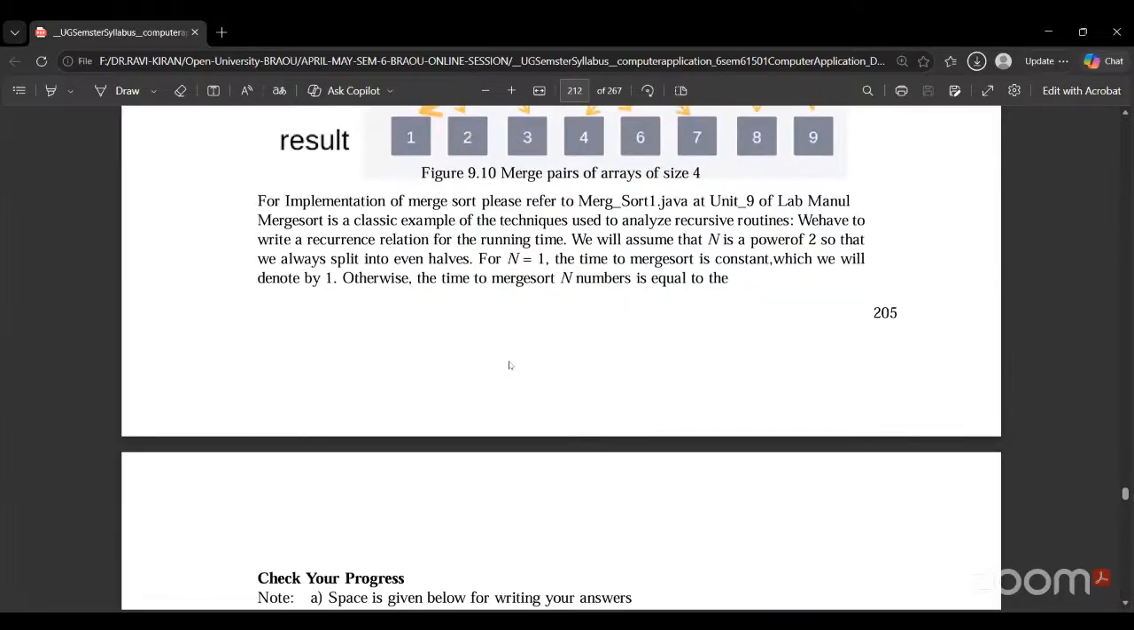So for the implementation of merge sort, merge sort is a classic example of the technique used to analyze recursive routines. You have a recurrence relation for the running time, and we will assume that n is a power of 2, so that we always split into even halves. So for n equal to 1, the time to merge sort is constant, which we denote by 1. Otherwise, the time to merge sort n numbers is equal to the